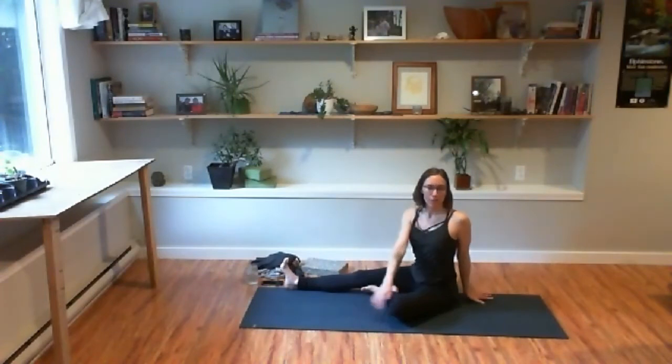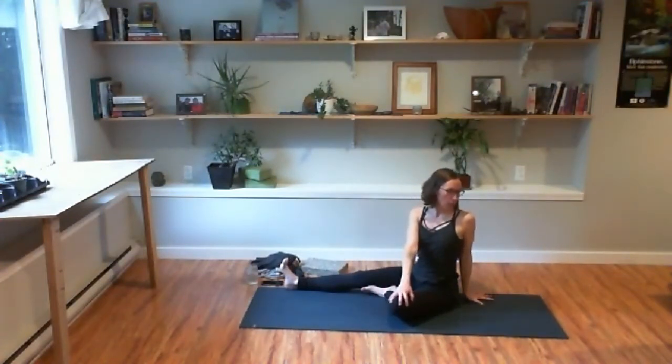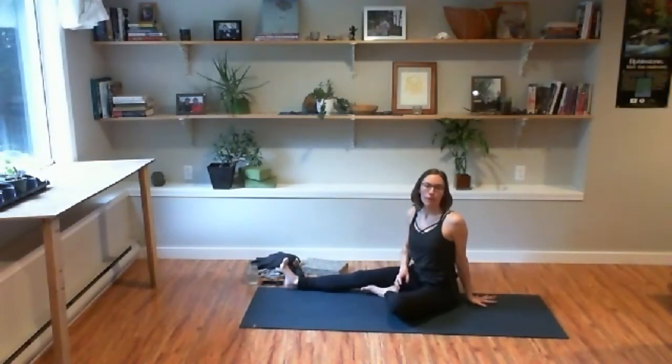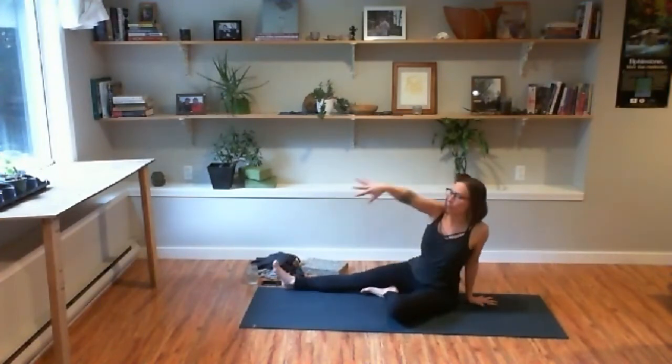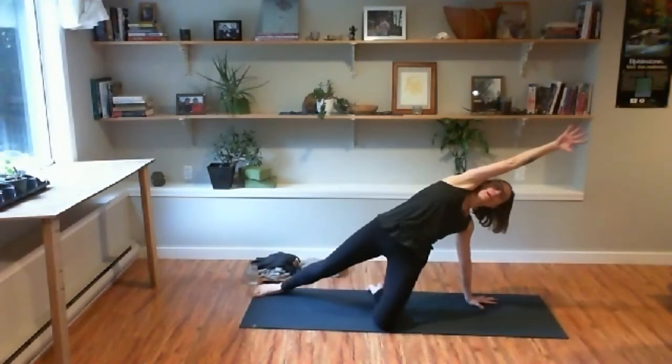Remembering option one, gentle twist to the right. So if your shoulders, elbows, or wrists are feeling fatigued, take this option. Option two, right fingers spread wide, roll the right shoulder blade onto the upper back, engage your core. Inhale, sweep your left arm forward, lifting up through the pelvis, coming onto your right hand and your knee,